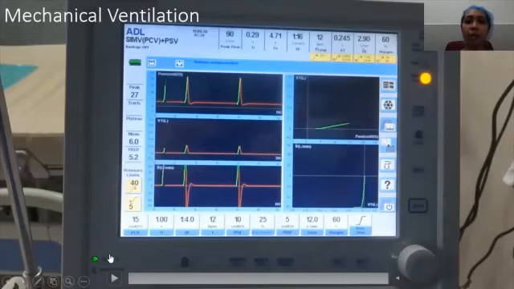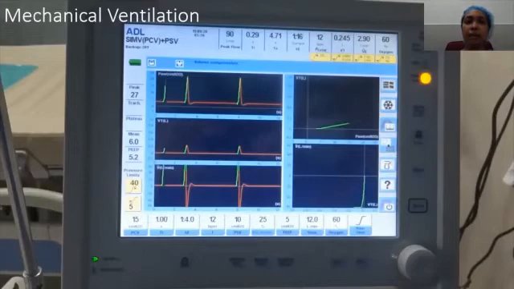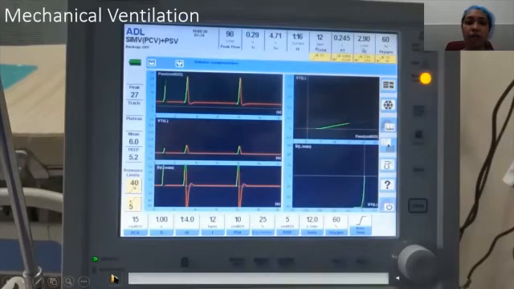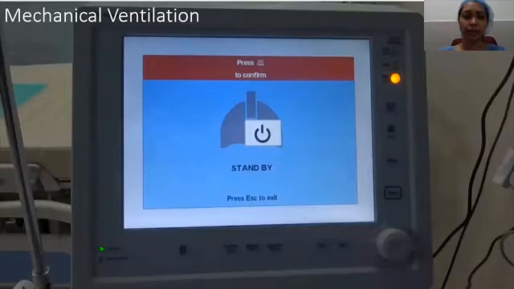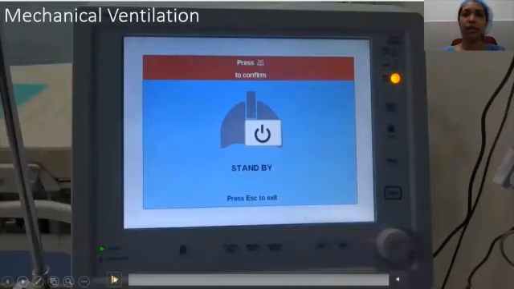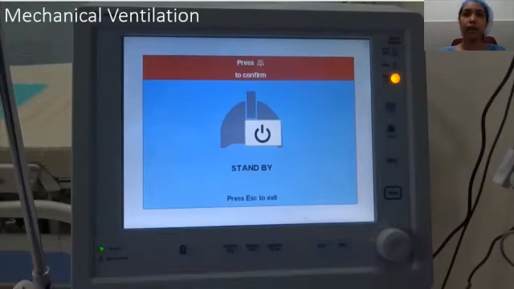Now, if we are unable to maintain oxygenation of this particular patient, despite the maximum settings, that is the PSV or the PCV has been set to 35, and yet we are unable to maintain oxygenation or the carbon dioxide levels are rising, we may think of paralyzing this patient and moving on to the next mode, that is the volume control mode. The volume control mode is actually one of the easiest to set. Here, we need to set the tidal volume, the respiratory rate, PEEP, FiO2, and we are good to go.